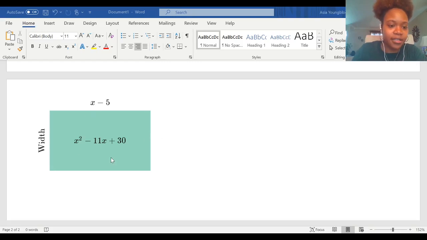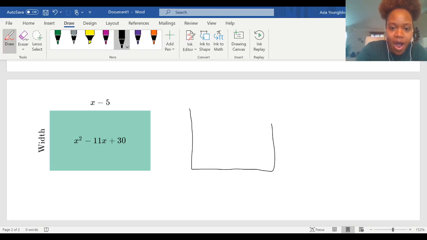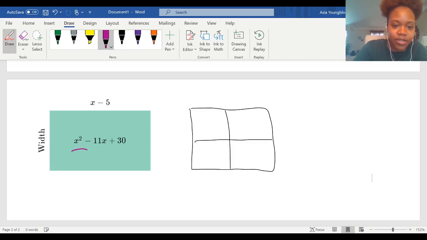The next problem in our set is somewhat similar to the problems in the previous set, where they give us what's on the inside, they give us part of what's on the outside, and we have to figure out the other part. So let's rewrite this so that we can clearly see where these terms are lying, and we will be better able to figure out what the width is going to be. So we draw our box, label what we have on the inside. So on the inside it says we have x squared, we have 30,